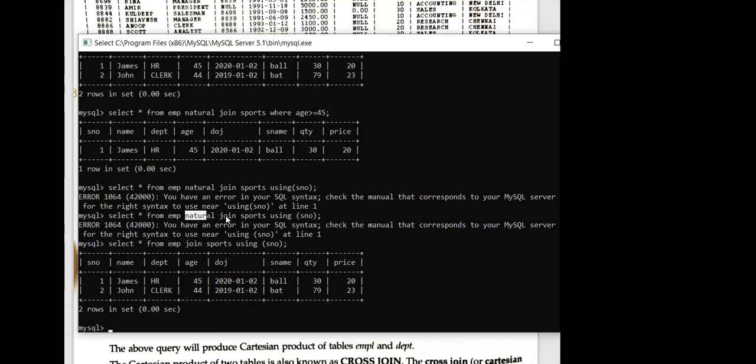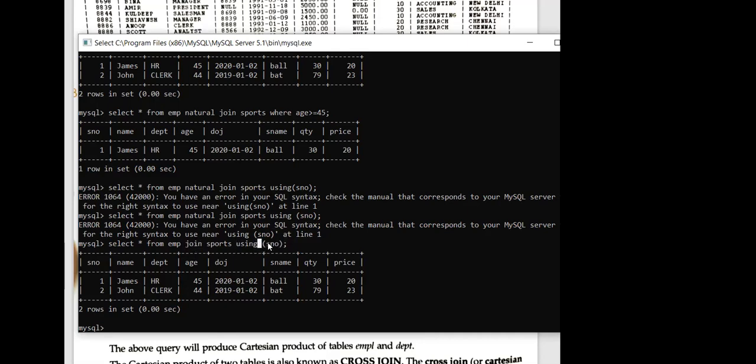If you write natural join and then you write this, automatically it is going to give you the joining on the basis of the common column. So therefore it will not work like this. But if you are using join, we know by default it will be a cross join, but still you wanted to do natural join. So what you can do, you can use this using.